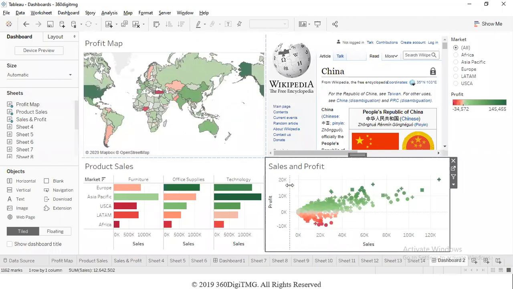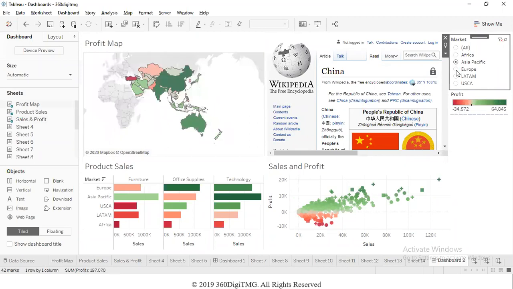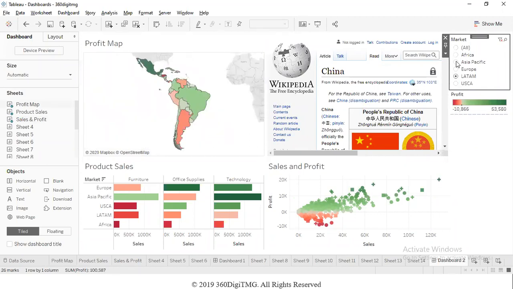So this is a dashboard pretty much. We put everything there. It comes along with all the filters and everything. And we can interact with the graph. And we can put actions to make the graph interact with other things.